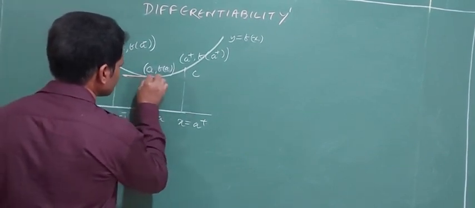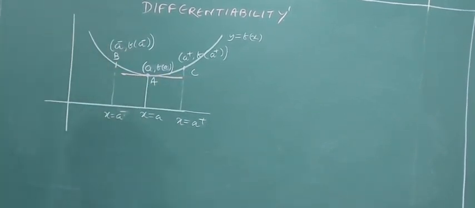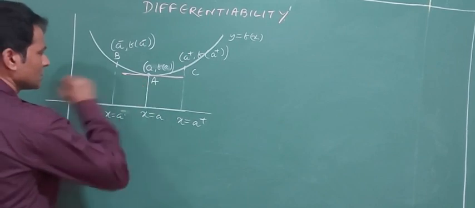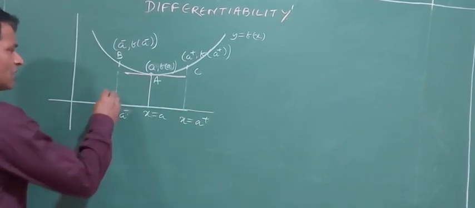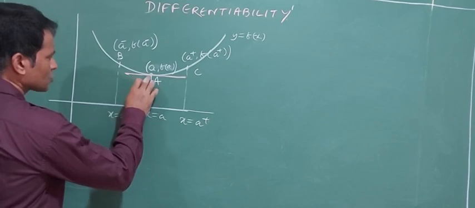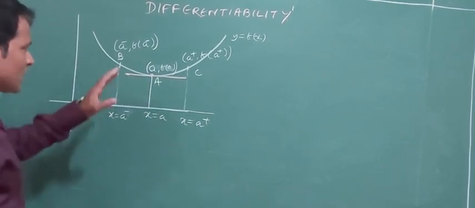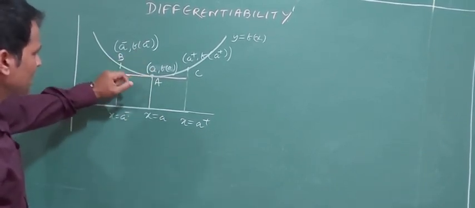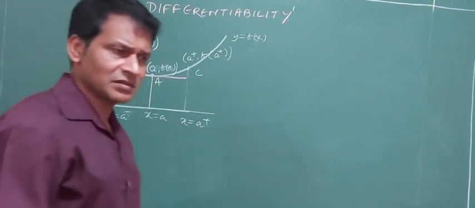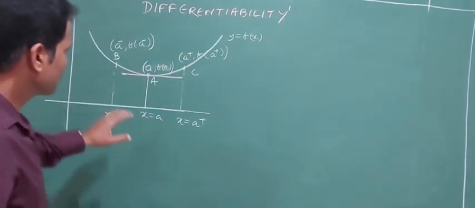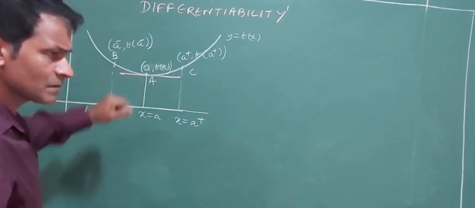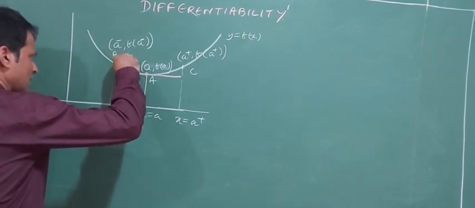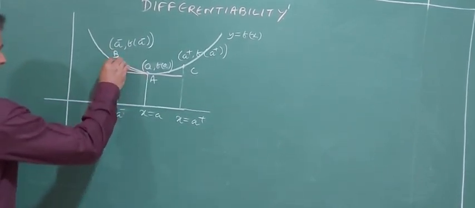The word tangent means tan theta, the slope. If I draw a tangent over here, then the slope at the point A, what we have just written, the left hand derivative, is equal to f(c minus h) minus f(c) by minus h. That means we are getting the slope of these two points. Why are we finding the slope of these two points? Because this is the neighborhood point.